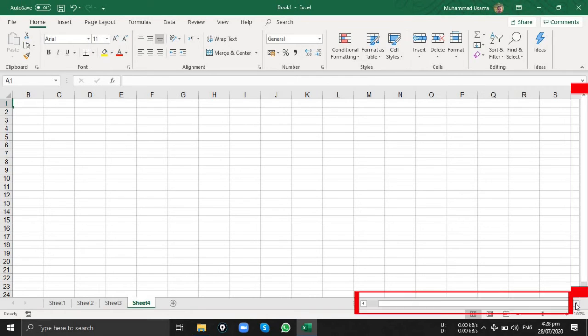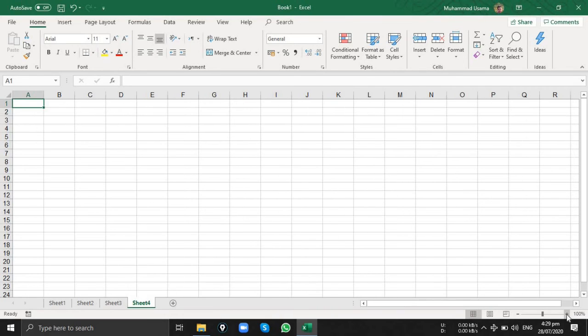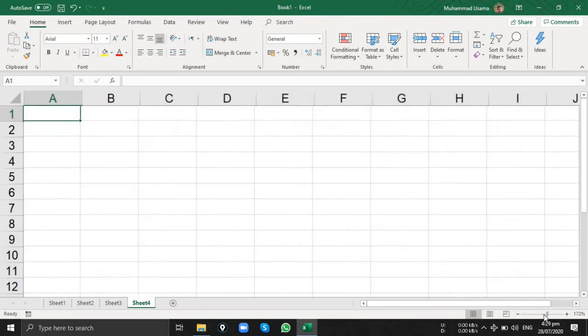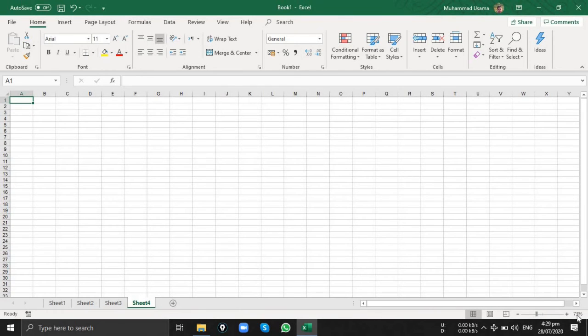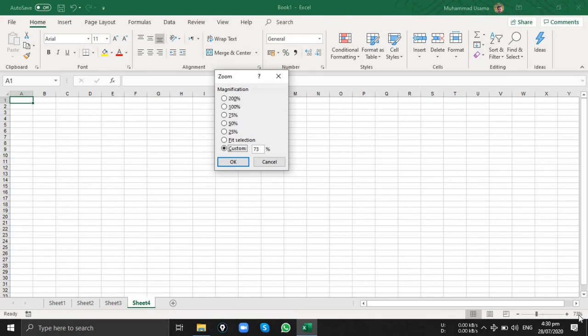Here you can see two scroll bars. If you have a large data, then you can see it from scroll bars, like here. This is a zoom slider. You can zoom in and zoom out from here. By clicking on this button, you will see a dialog box.